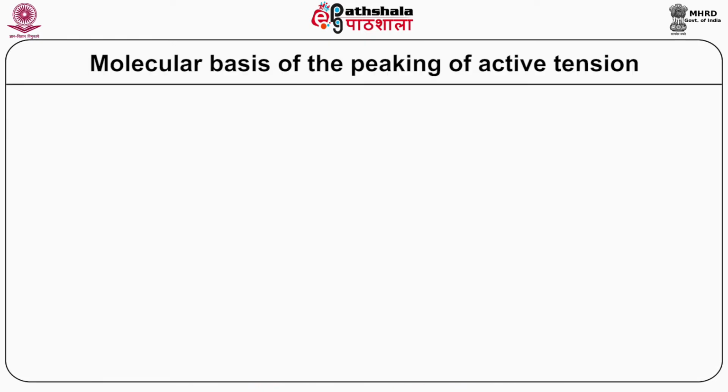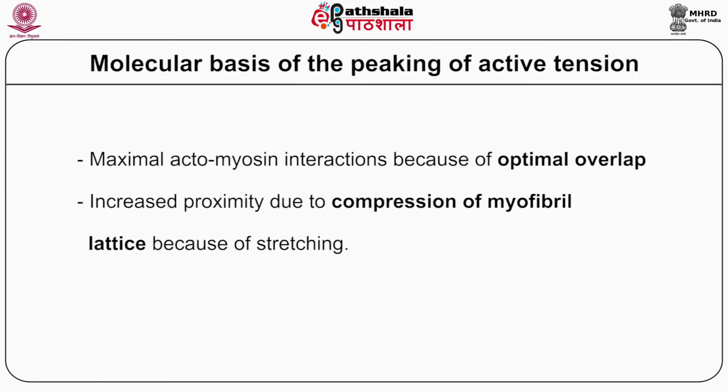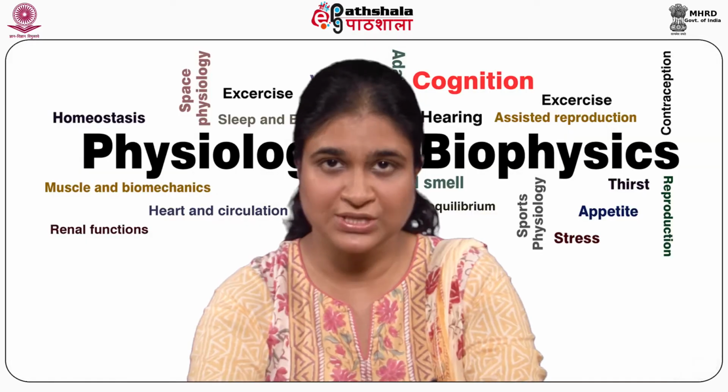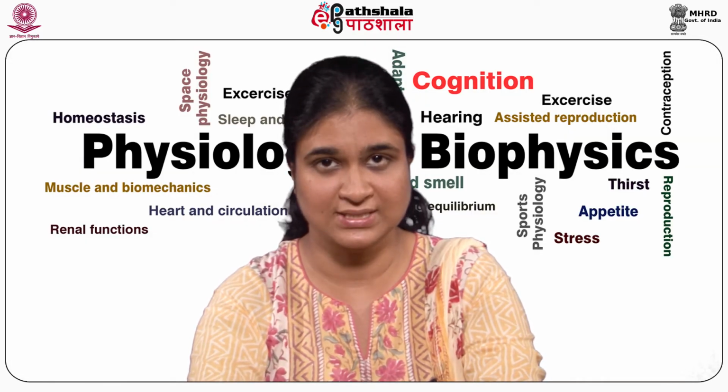The molecular basis of the peaking of active tension at 1.2 L has been attributed to the attainment of maximal actomyosin interactions because of optimal overlap and increased proximity due to compression of the myofibril lattice because of